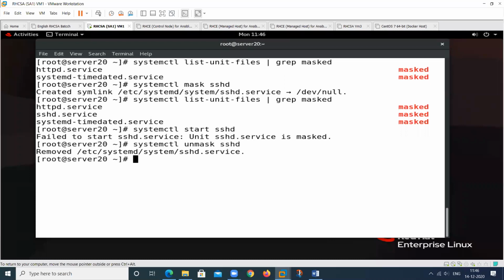Then you are able to start this, enable this, and restart this particular service after doing the unmasking function. Without unmasking, you are not able to start, enable and restart. See this, now you can start this, restart this, and enable this.